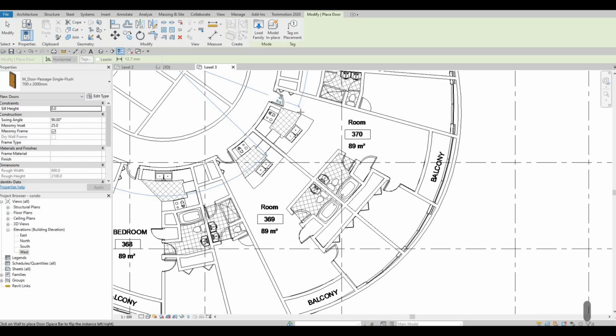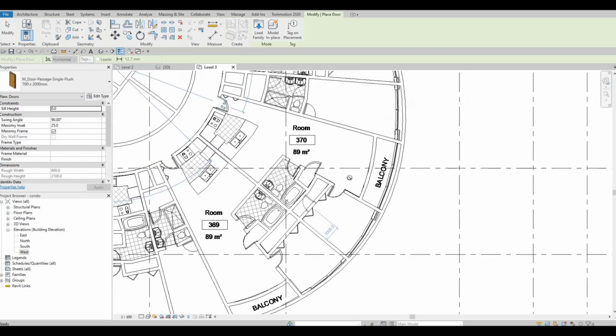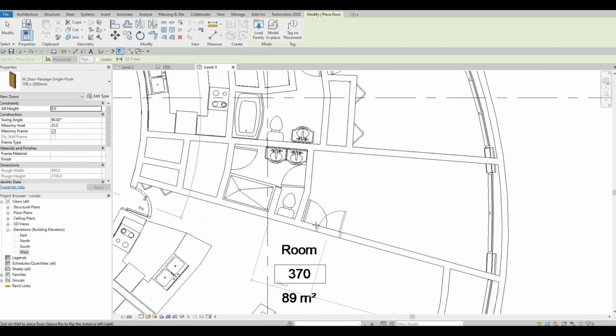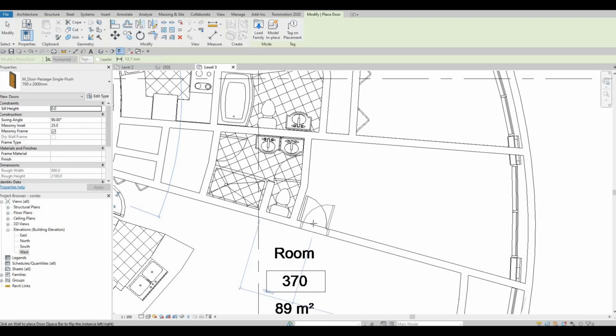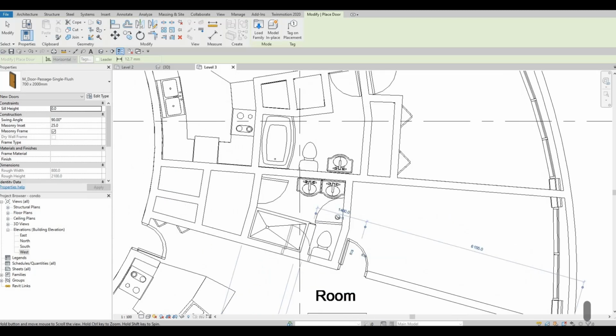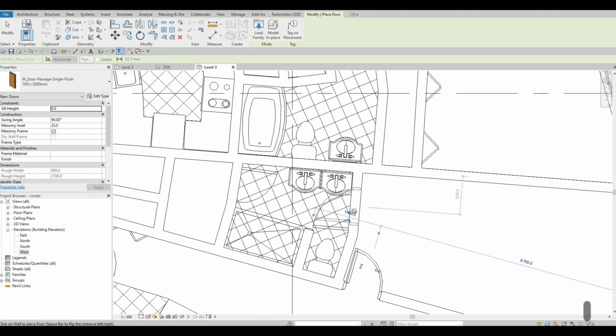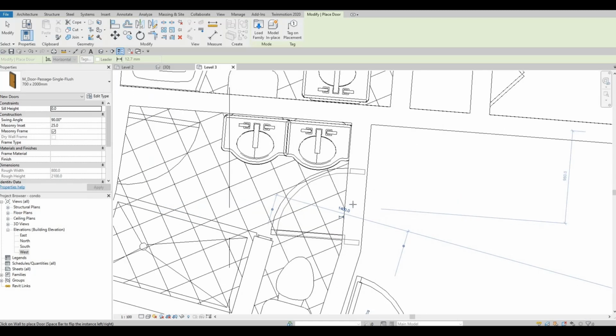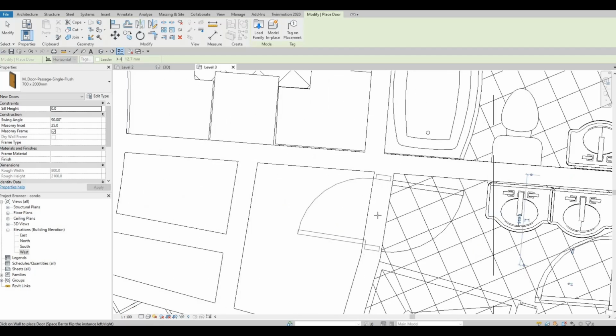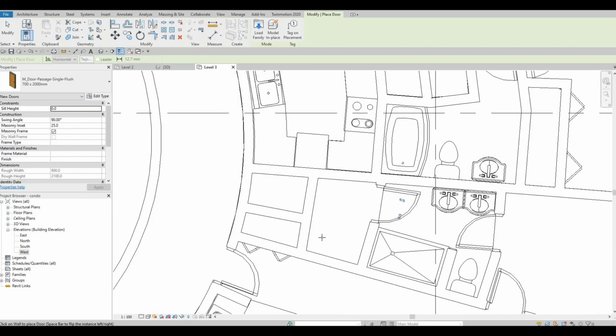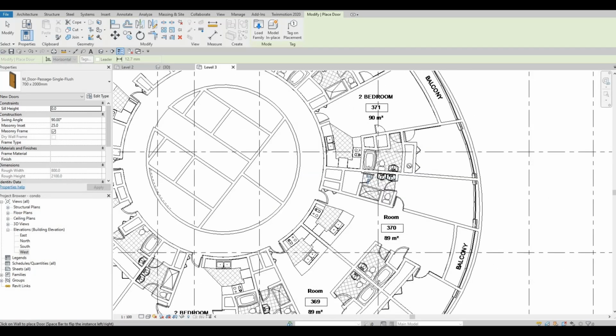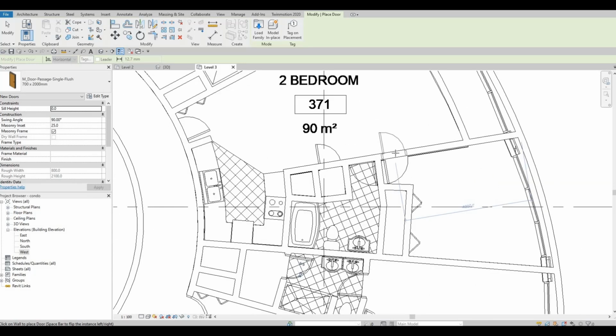In terms of the kitchen, we need to add kitchen as well. Okay, with this. For the